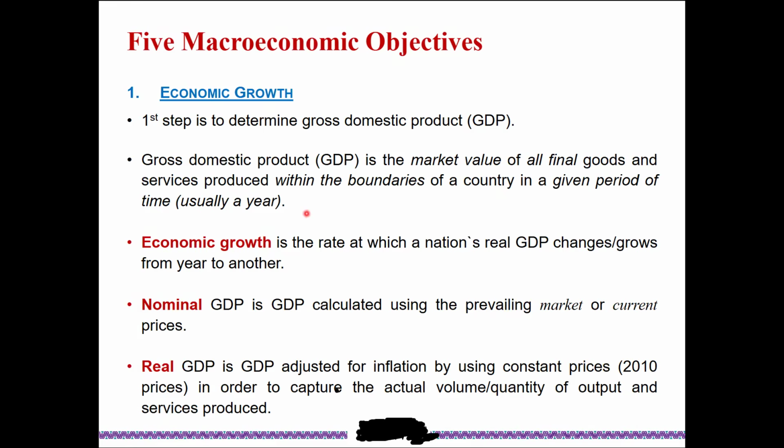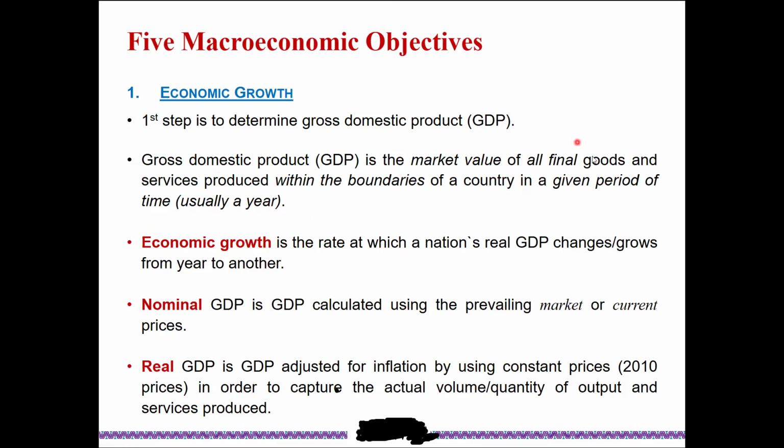So the first step to determine gross domestic product, which is GDP, is that you have to be able to define GDP. And they gave us a definition here to say GDP is the market value of all final goods and services produced within the boundaries of a country in a given period of time, usually a year. So GDP is the gross domestic product. It is the market value, meaning that it is measured in monetary terms,